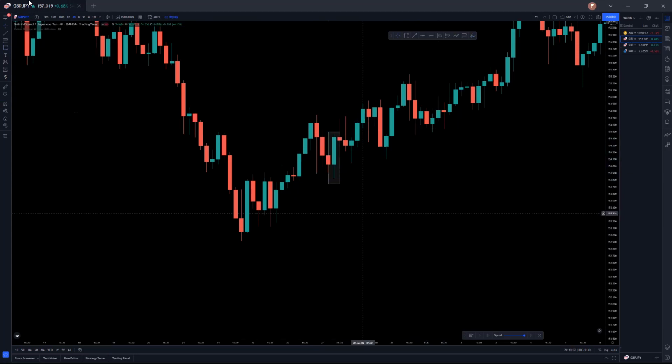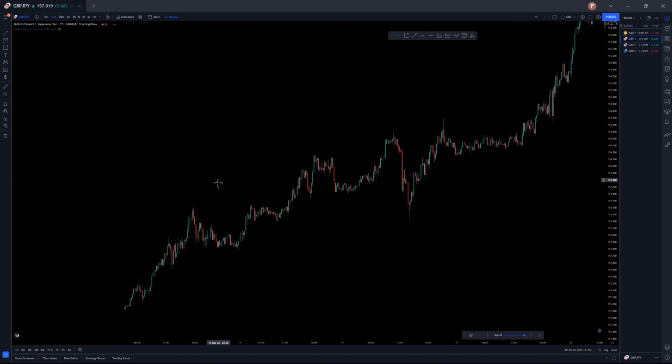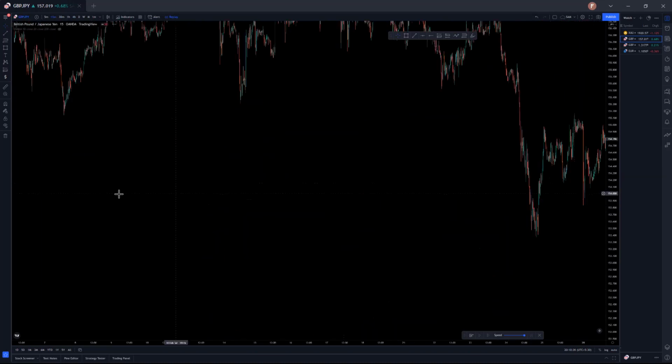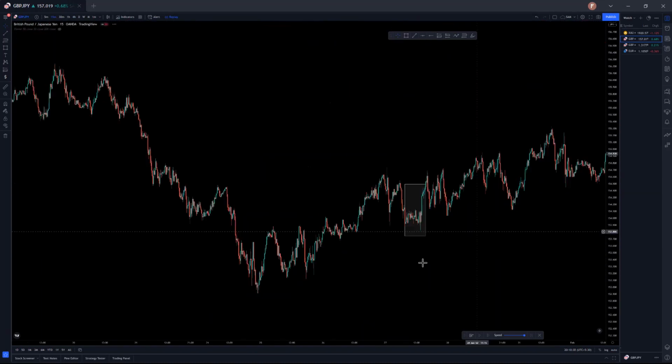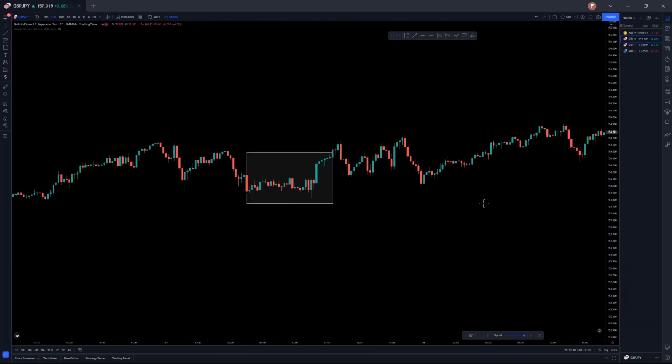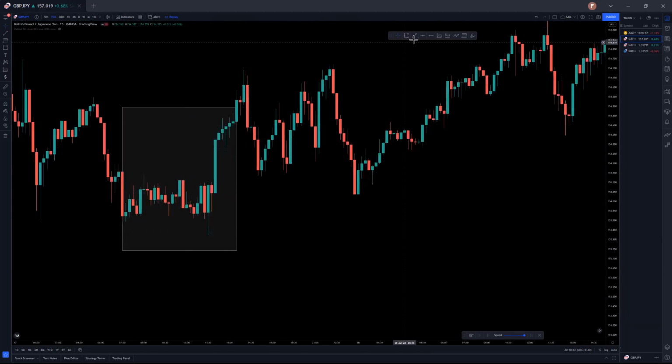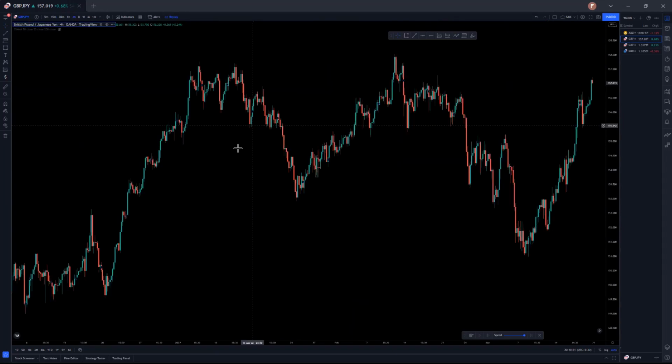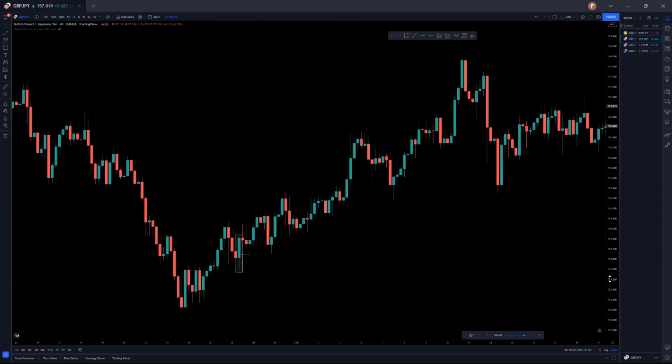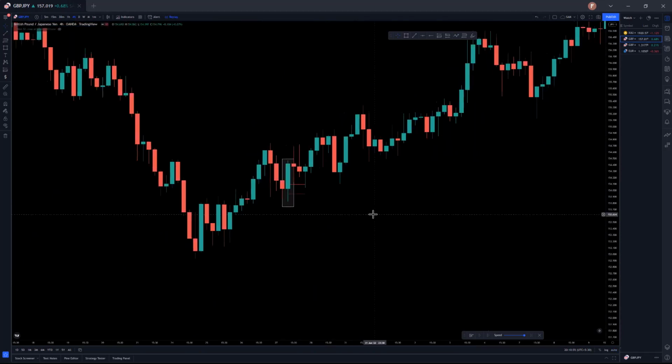Let's see. On the 15th, this was the 4 hour, man. It was not the daily. I made a mistake there. So this was the 4 hour, and this was your POI. Price clearly got to your POI after that. But if you go to the 4 hour, look how candles are once it got to your POI.